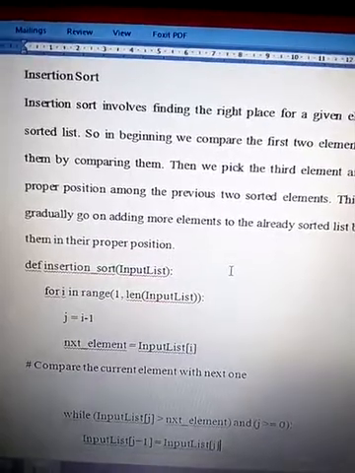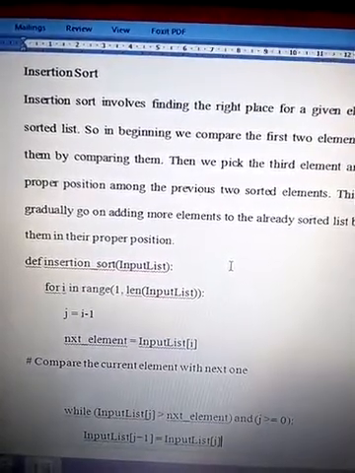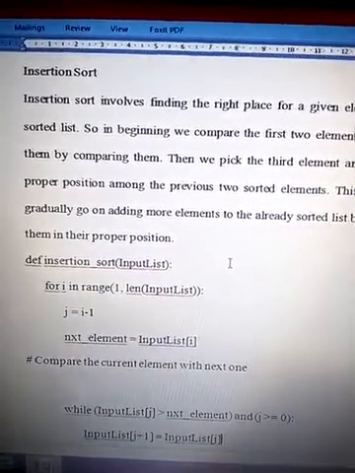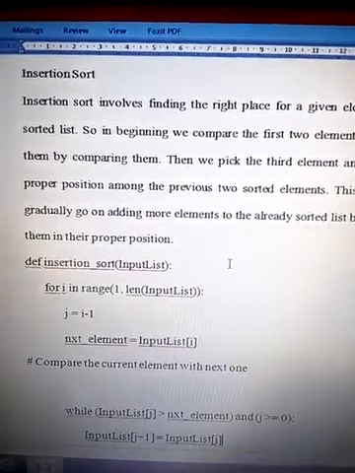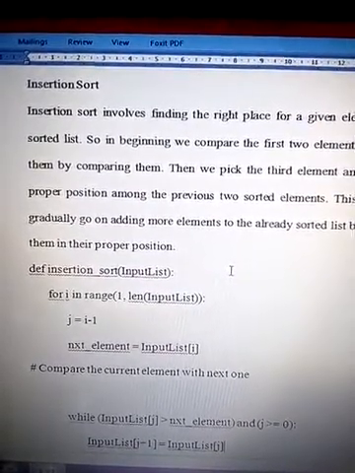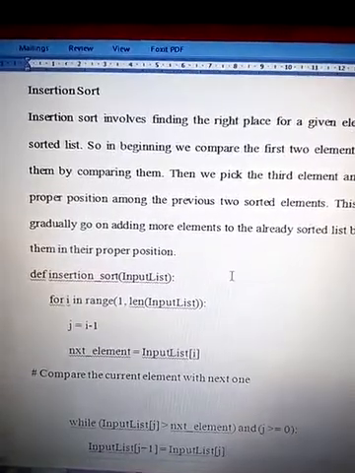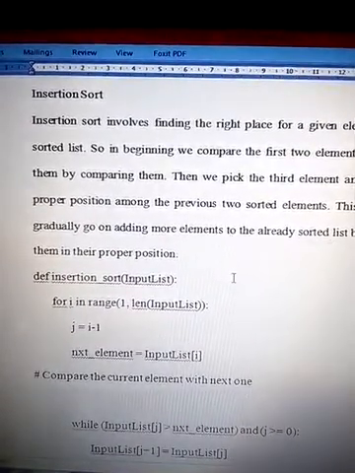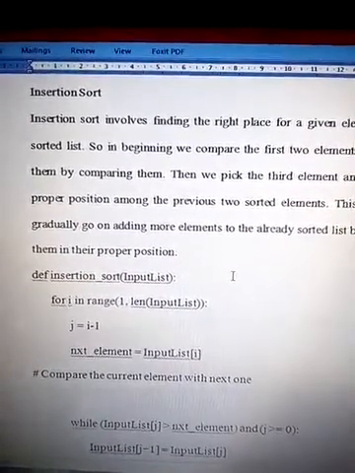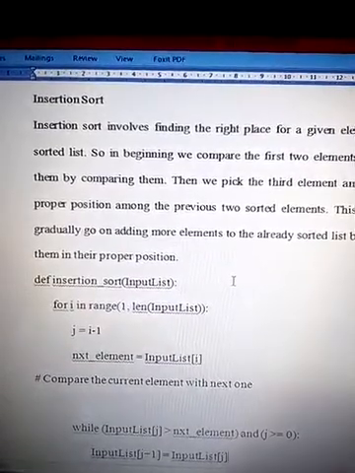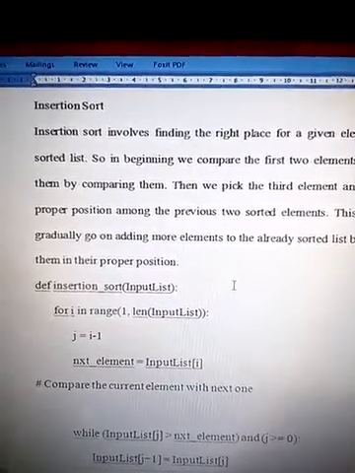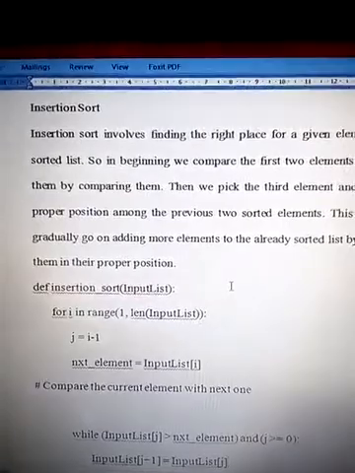Okay, now starting here, insertion sort. Insertion sort is basically a sort where we have to compare the first two elements first of all, then the third element would be compared with the previous two, and in the next pass the fourth element would be compared with the last three elements, and we have to place or fix that particular element at the specific position where it has to be fixed. So how can we do it?